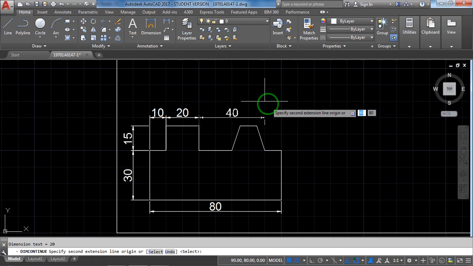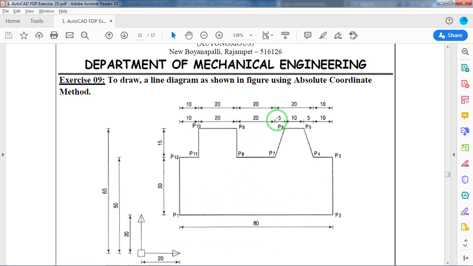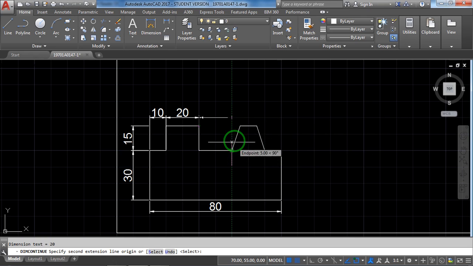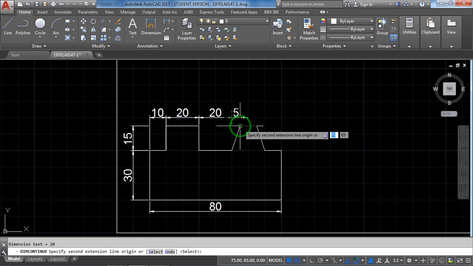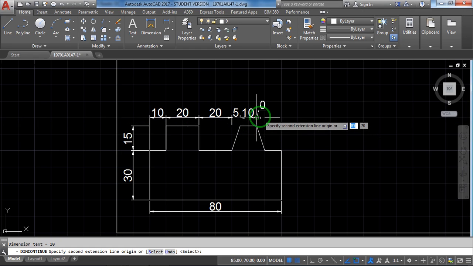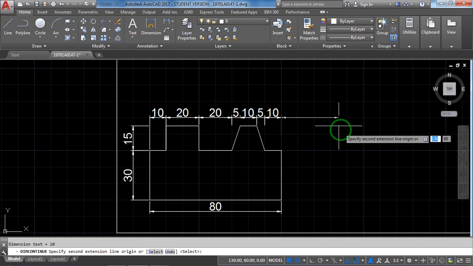See, it's only clicking the remaining things. Next to 20 is this, up to here. Up to here I am selecting and leaving 20. Next 5, inclined here 5. Next 10 with the help of only mouse. 10 number when it is displayed. Next 5 number when it is displayed at this point. Next 10 number when it is displayed here. Now when you finish, press enter.